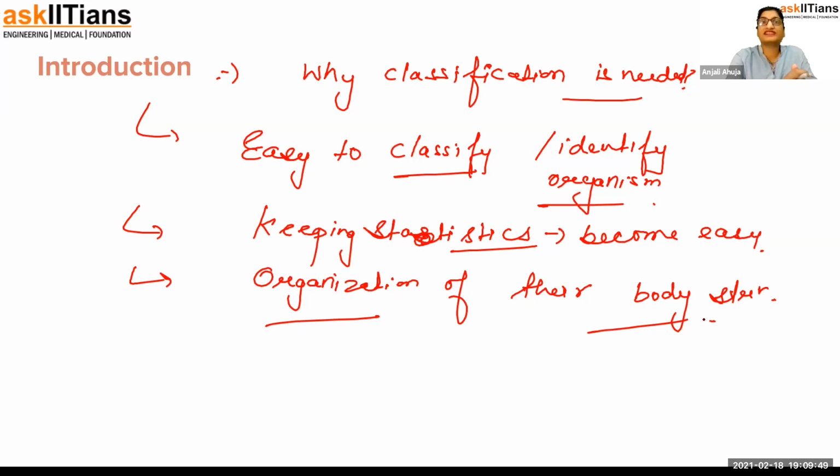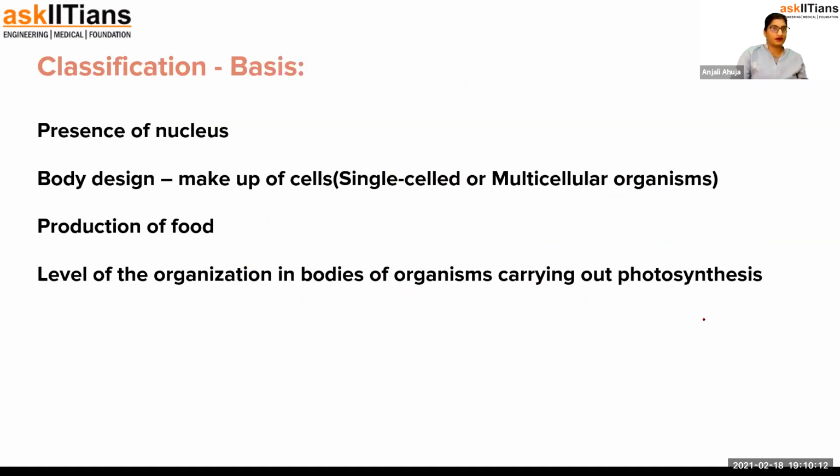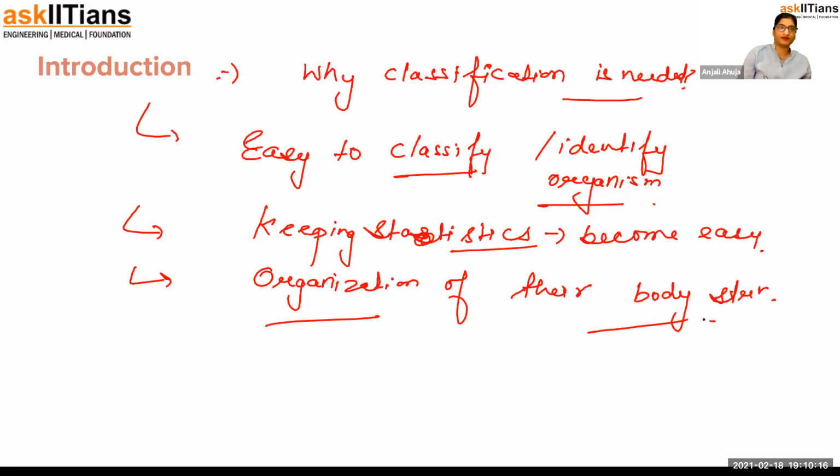So before we start learning about all the classification, we have to understand these differences, that how come these organisms are categorized. Obviously, there are certain features on the basis of which we are categorizing them, how they're feeding, how they're eating. So we have to collect and make a list of that first, and then we will talk about that point. That's what I want to say. So classification basis, I'll come to that point, but even before that, let me just tell you, there can be variety